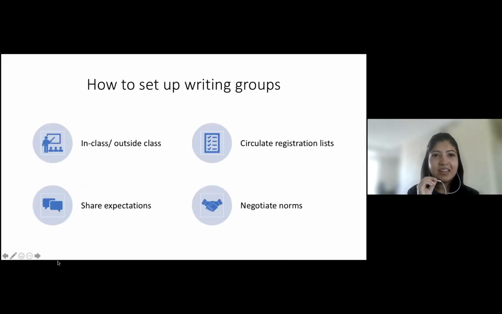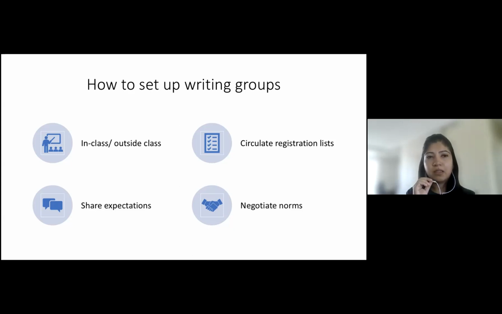Next slide, please. So how can we set up writing groups? It could be both in class and outside class, a student initiative like it is in this case. In many other universities, writing groups are actually facilitated by the writing center. So you have a writing center tutor who's helping students do that, and they are the ones who are putting students together and deciding who works with whom. But I think faculty members can also do that. They can create spaces in their assignments to make students get together with each other.